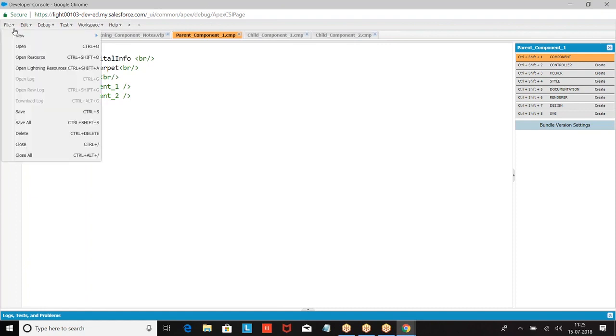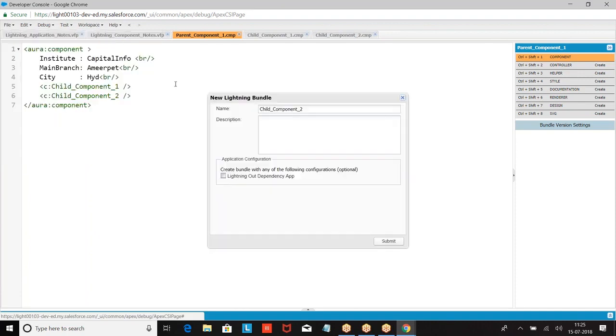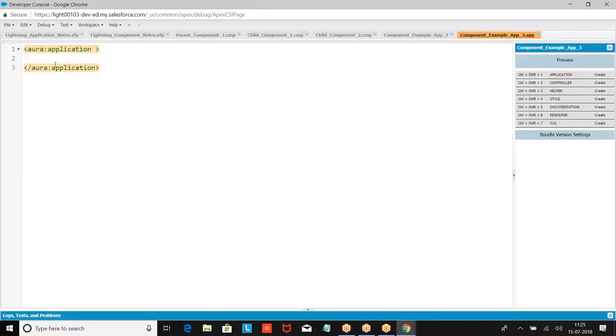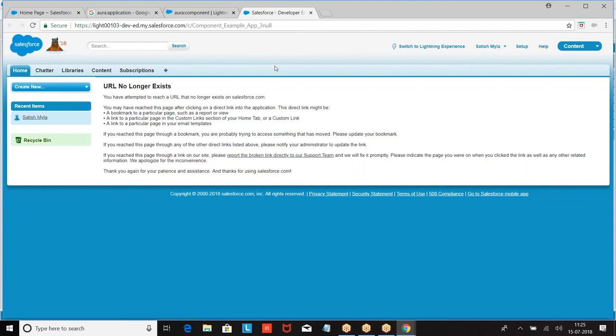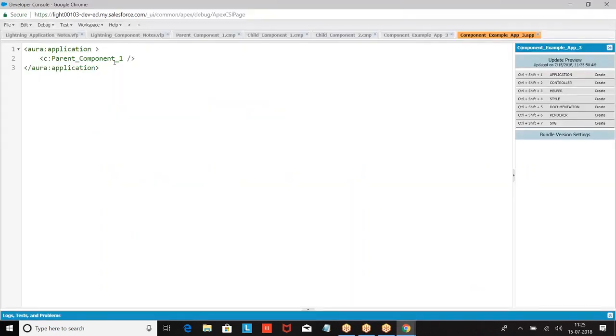So how do you run this? As I told you, if you want to run it, we are supposed to go with application. So we are using C colon parent component 1. So go to the application. What was that?